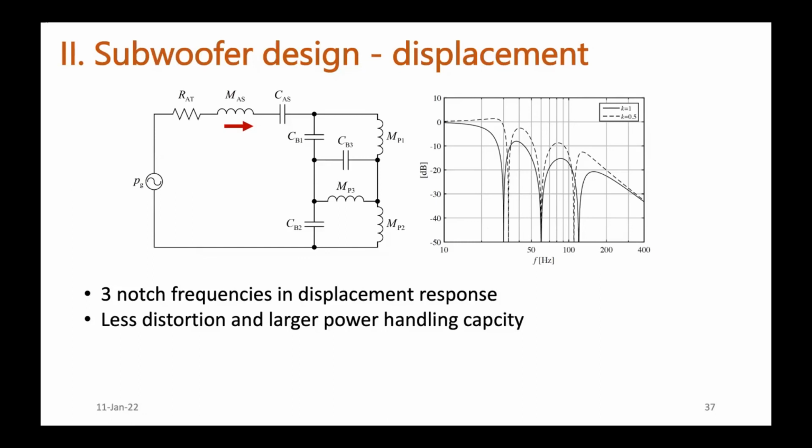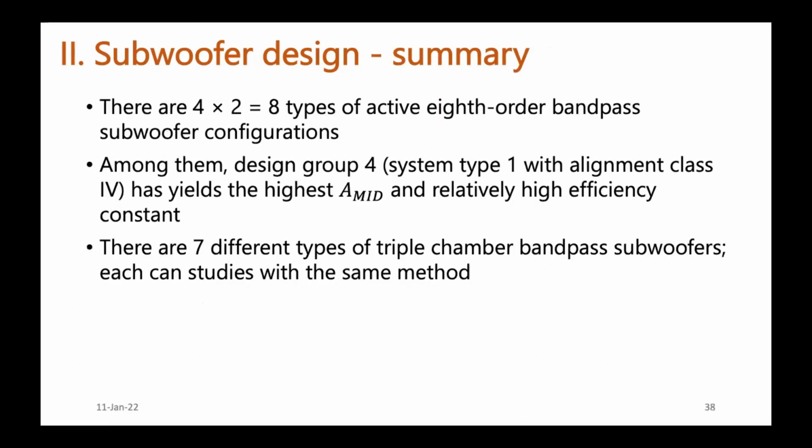So in general, why are bandpass loudspeakers popular among audiophiles? It's because it's powerful, and it has a low nonlinear distortion, and so it sounds very clear with enough output and maximum output. So in summary, in terms of the active 8th order bandpass, there are 8 types of configurations,